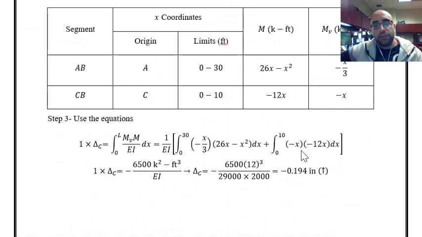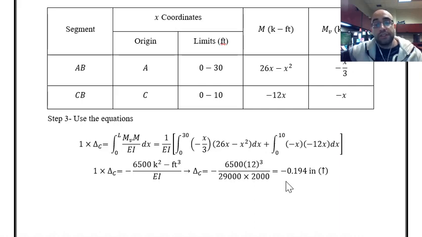And these are the integrations. You can use your calculator or you can use your knowledge in calculus to perform these integrations, but once you do that, you can see we have this term on the integration side of the equation. I have to just include the value of EI, and once I do that, I can find the deflection at point C as minus